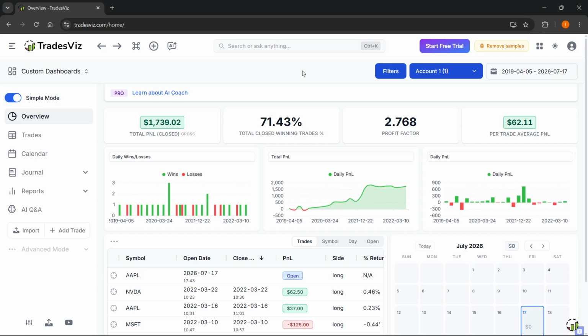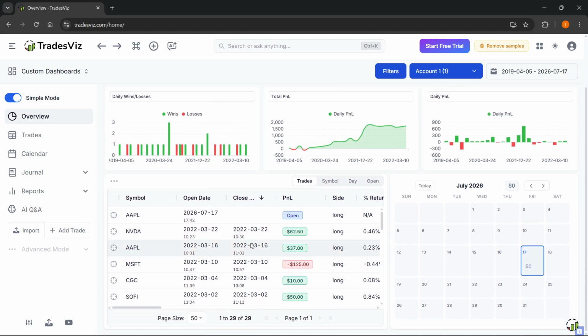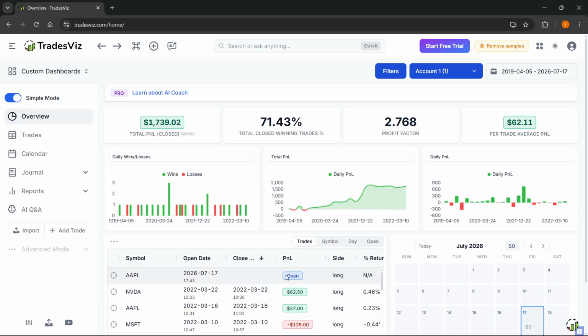In this video, I'm going to show you how to reset TradesViz. Now, as you can see here, I have some trades inside my account. These are just some sample demo trades, which are basically enabled with these samples up top. So if you want to actually reset your TradesViz account, you want to go to the top right and click